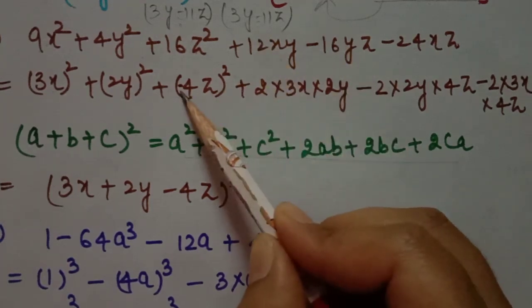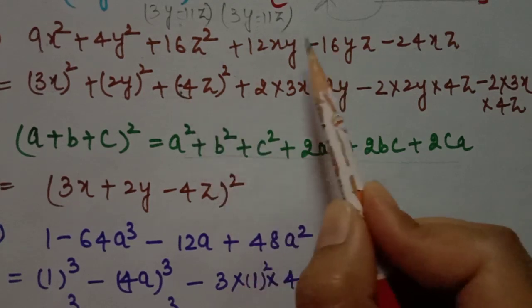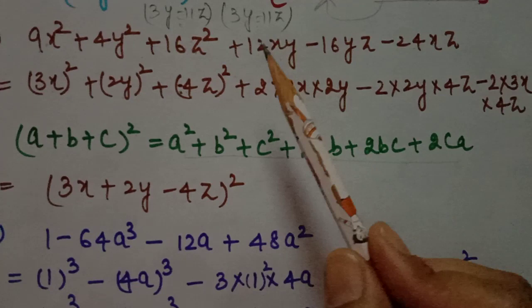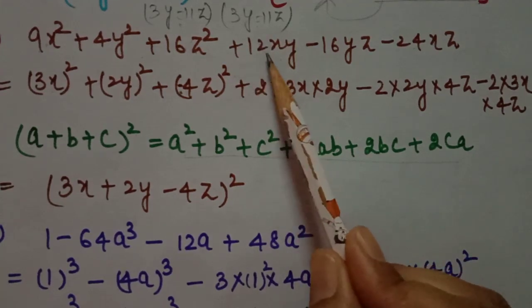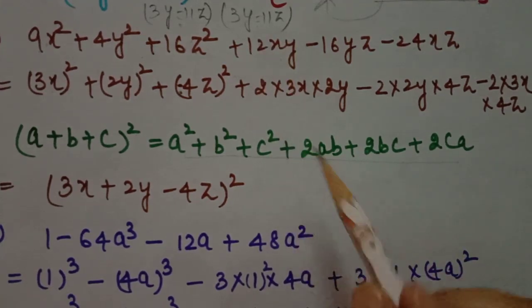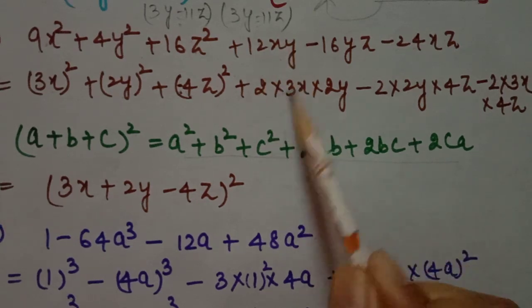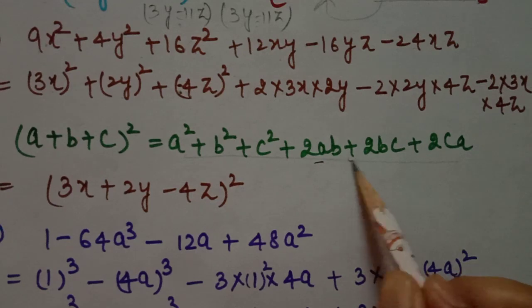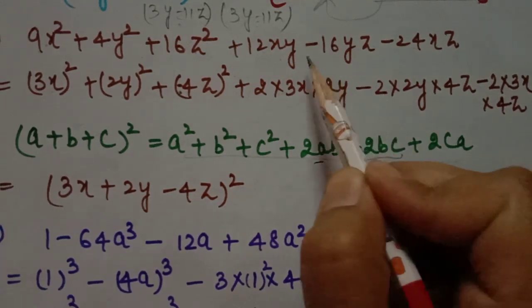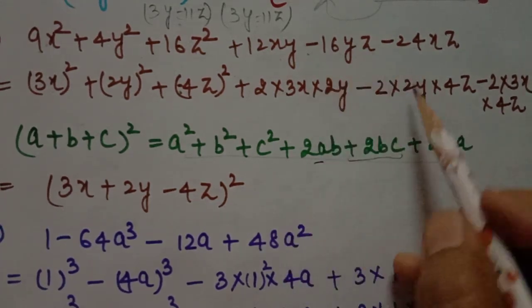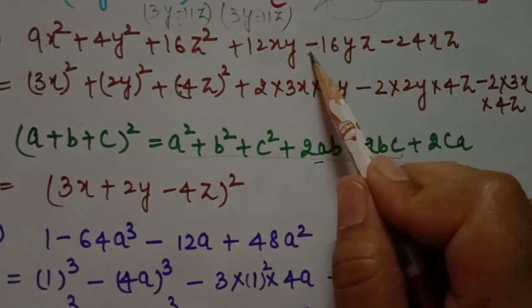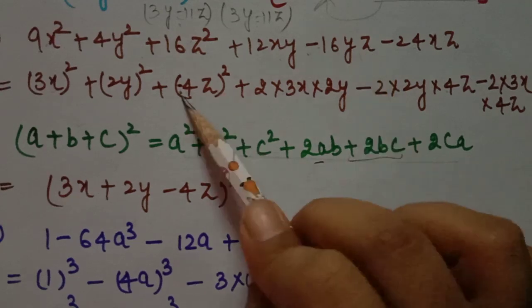Now some of the students are thinking why ma'am took this minus sign here. So students, I already explained this in your lecture. Let me explain, give me 2 seconds. Now we have to change these numbers according to 2ab, so it is 2 into a into b. Now this is also plus 2bc, but we have minus here. So 2ab is okay, but what about this minus? It means one number is negative here.